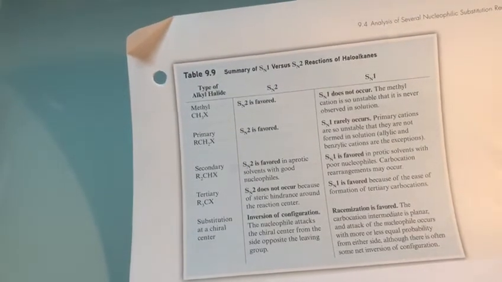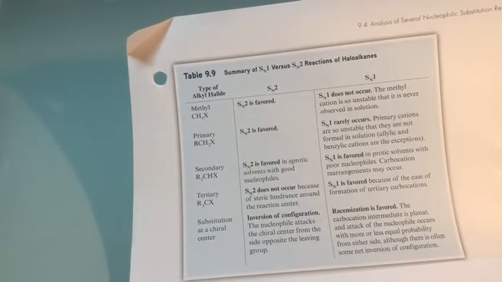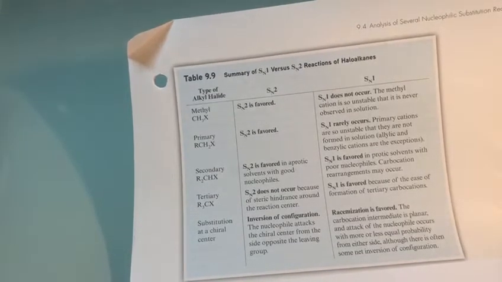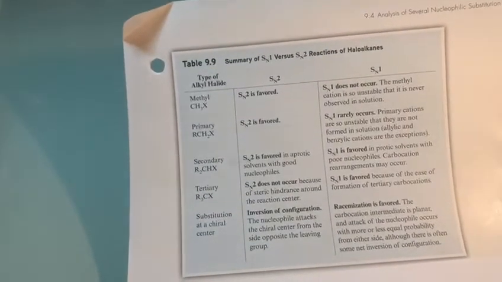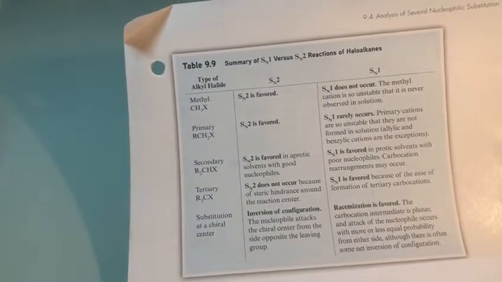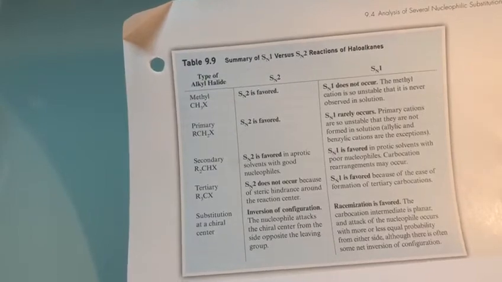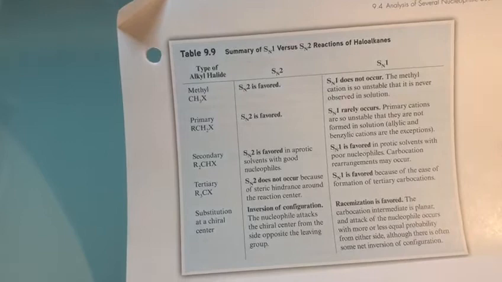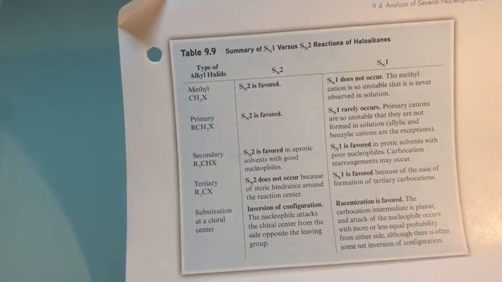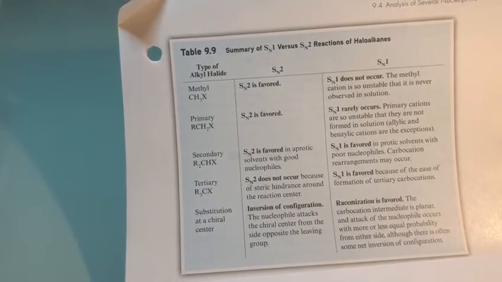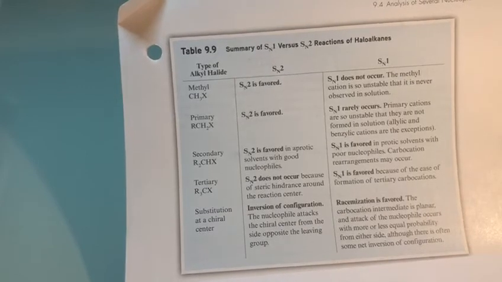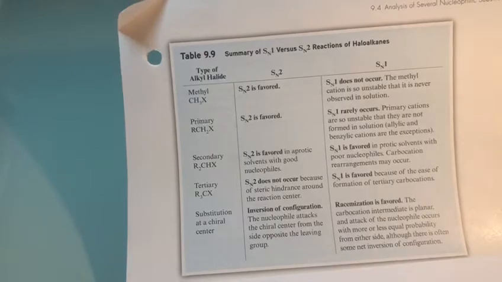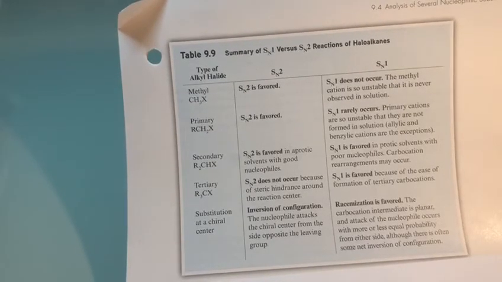For primary haloalkanes, the same goes for methyl haloalkanes, the SN2 is the one that will take place. And why is this? Well, SN1 does not really happen for primary haloalkanes because that would require the formation of a primary carbocation, and they are not stable. If we have the secondary haloalkane, you can get either the SN1 or the SN2, and this just depends on